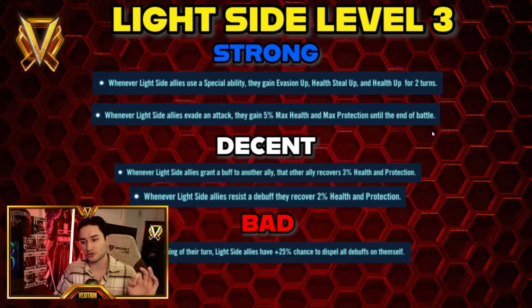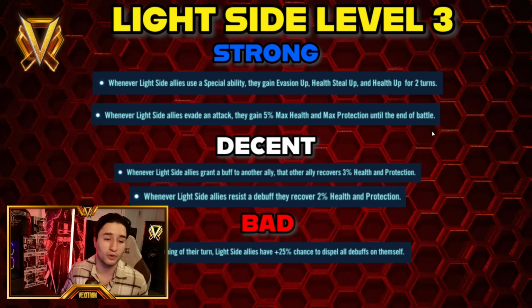Because, like, let's say you're trying to land a debuff on maybe a Leia team. And the more you're trying, the more you're healing them. And that's going to make them more tanky and more durable. So, this one could be pretty interesting. I'm not going to lie to you. But we're going to have to see. I still think that the buffs on the special are going to be better, but I can see this being